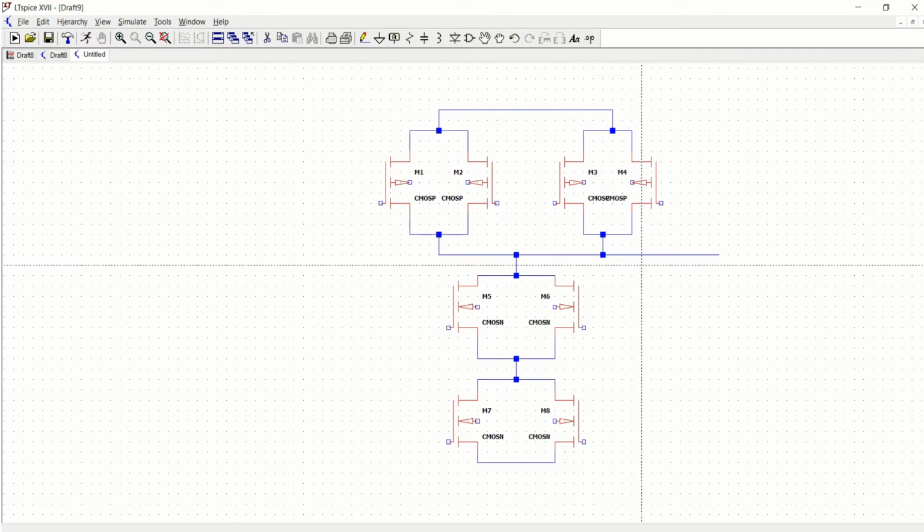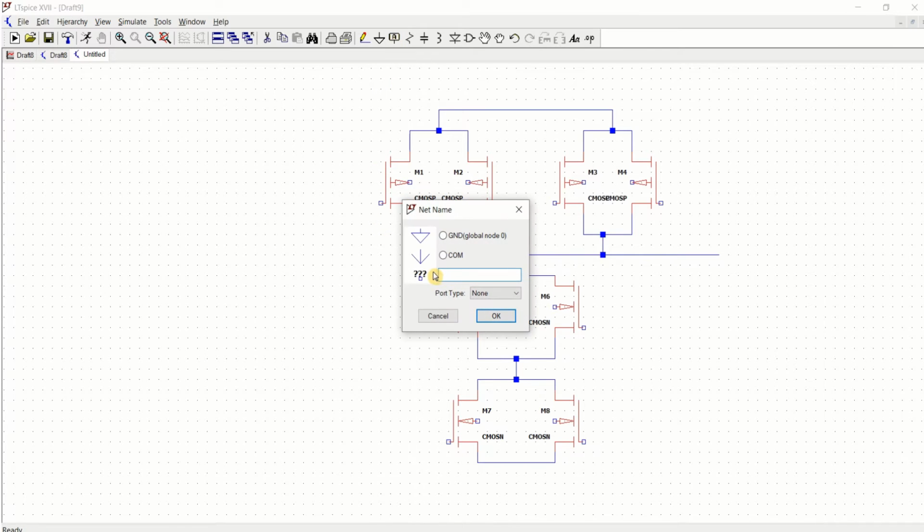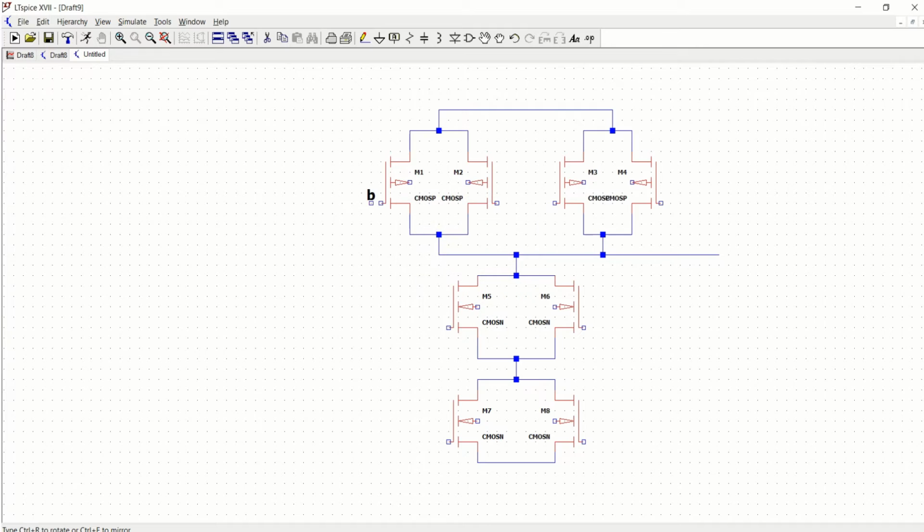Now once the required connections are done, just label the gates. So use the label net. This one, the input is labeled as B, and these two gates are labeled the same, that means same inputs are provided.